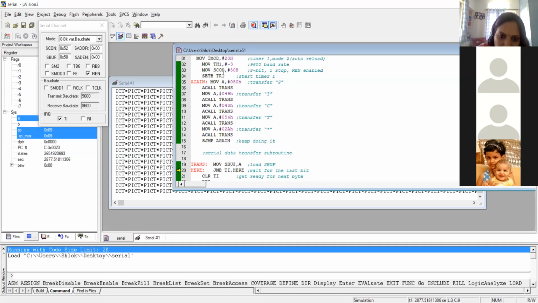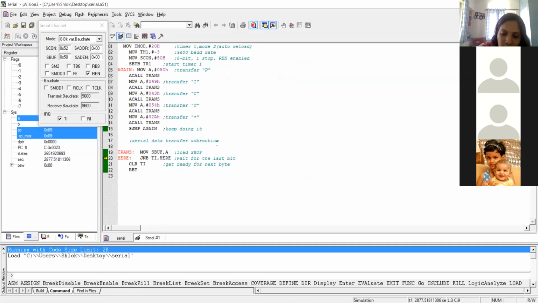The SCON register of the serial port and the SBUF register we are using in our program. Are you able to see the code? This program is the most important thing. If you write the code but are not able to explain it, you will get only passing marks. You have to explain the code properly, so try to understand this code.